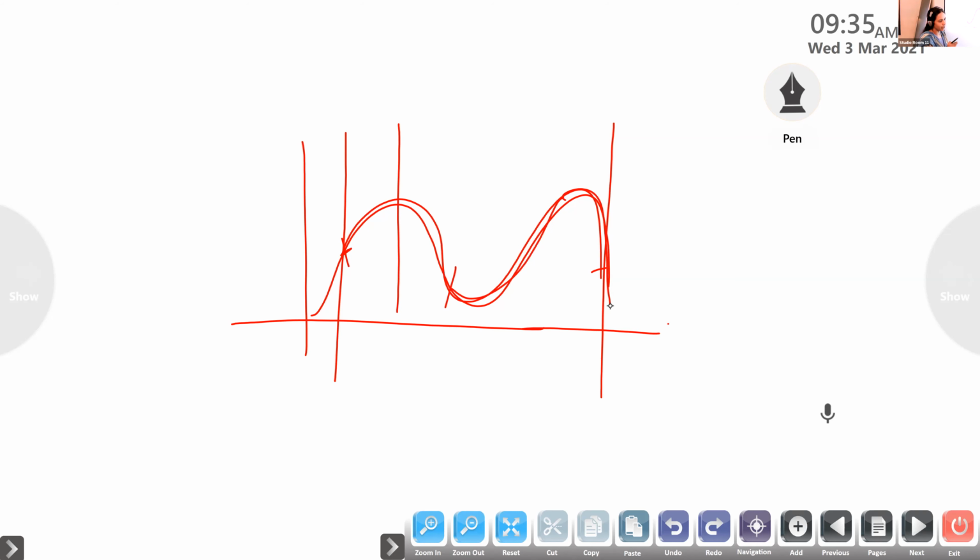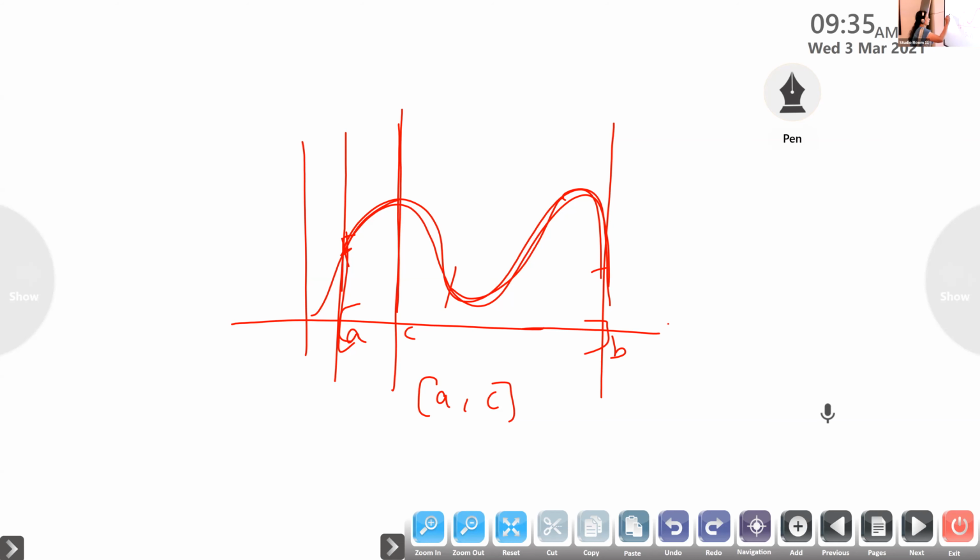So here we can't say within this full interval. Suppose this is A and this is B. So as a whole from A to B, we can say it is neither increasing nor decreasing. We can't fix it because on one side it is increasing, the other part it is decreasing. But if I take only this part, suppose I take within the interval AC, is it increasing or decreasing? Increasing.